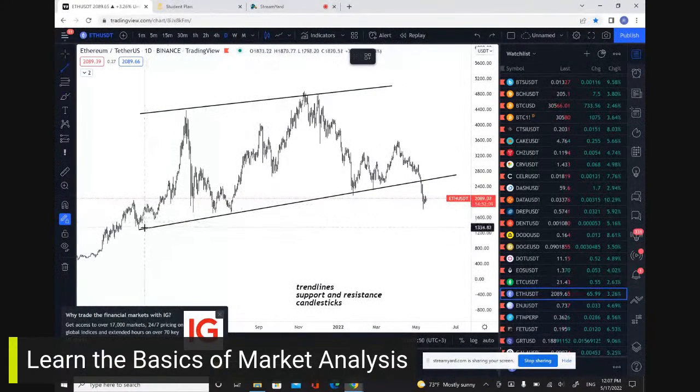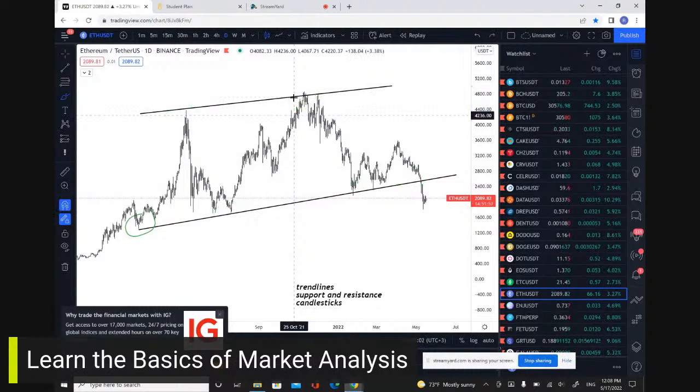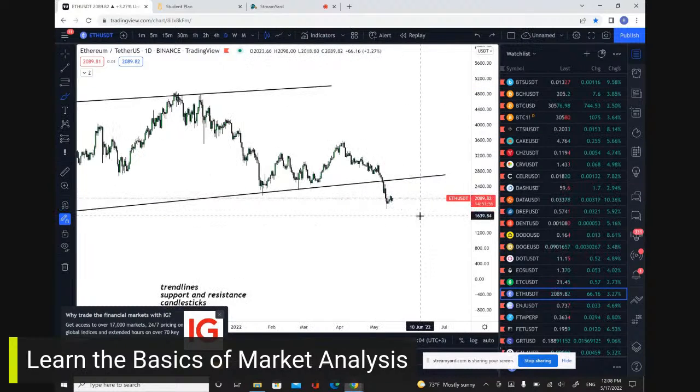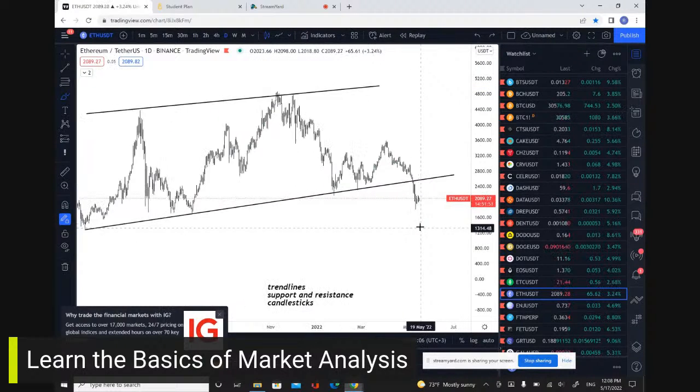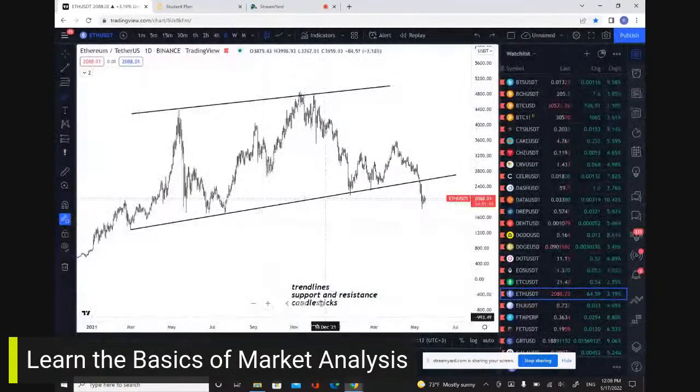So we can see here it's a low, it's a higher low, it's a higher low, it's a higher low. Okay, it's a high, it's a higher high. So this is how trends are identified. So what can we benefit from this trend line? Why do people use it? So we can see right here that